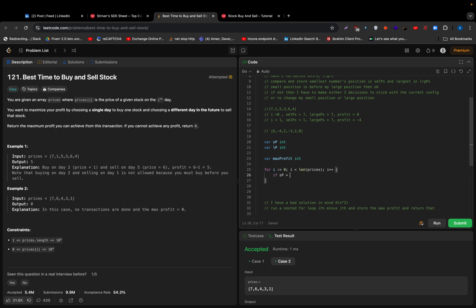The smallest number that comes before the largest number. So SP is greater than LP. First of all, there will be if SP is greater than LP. Then check that